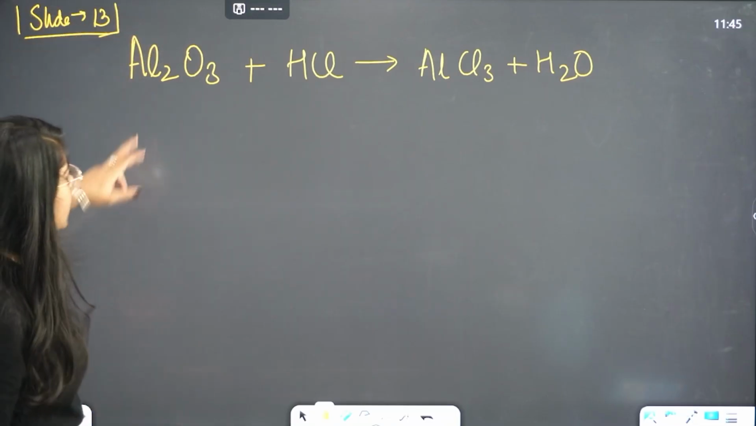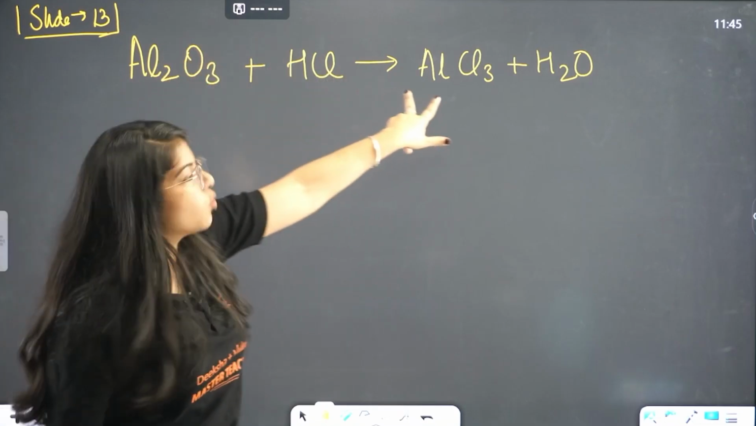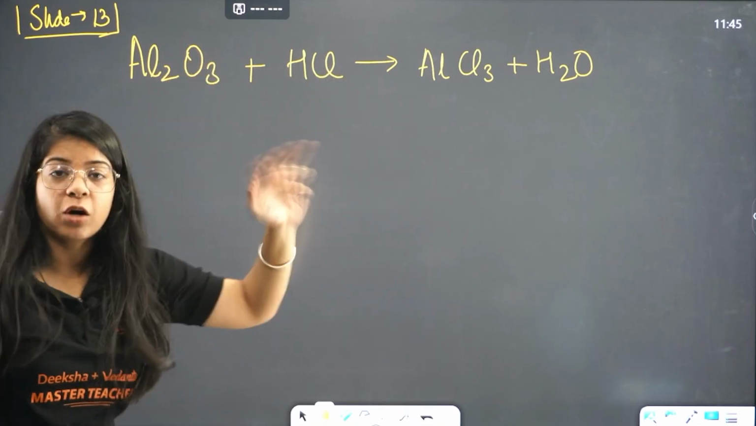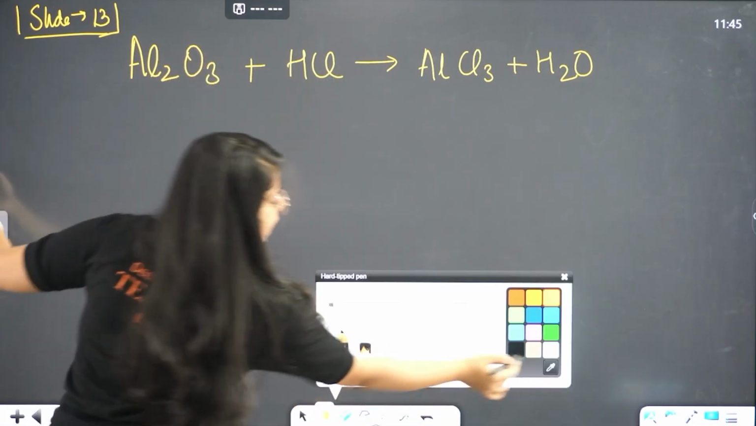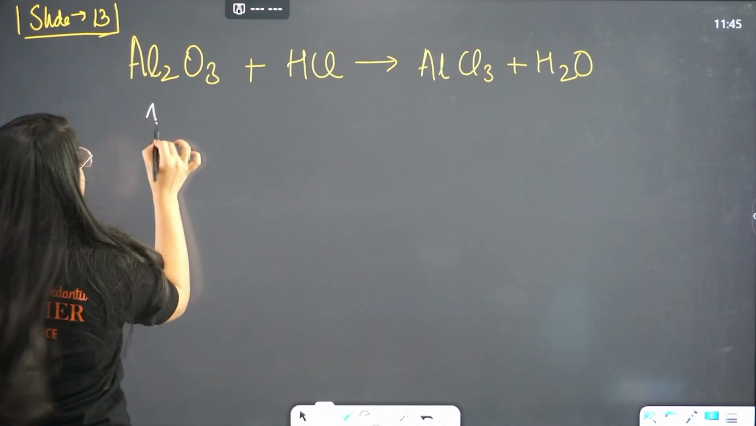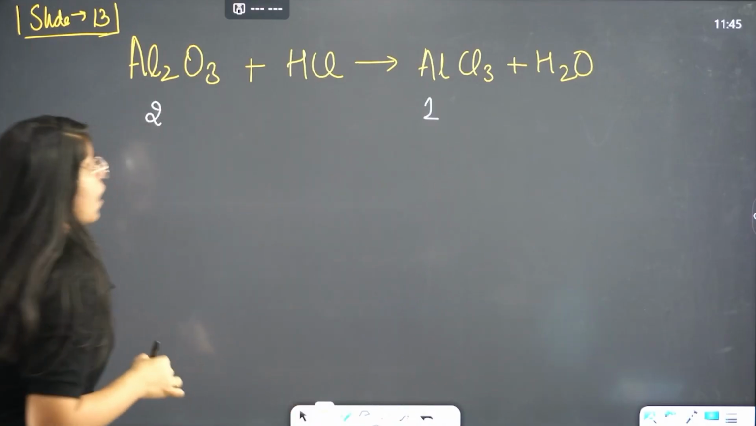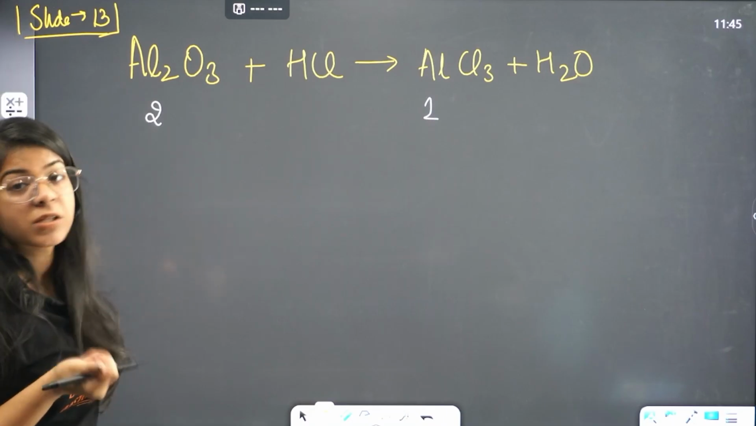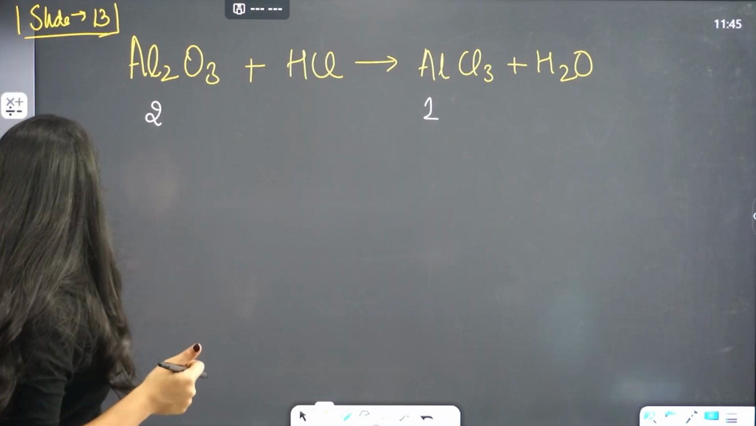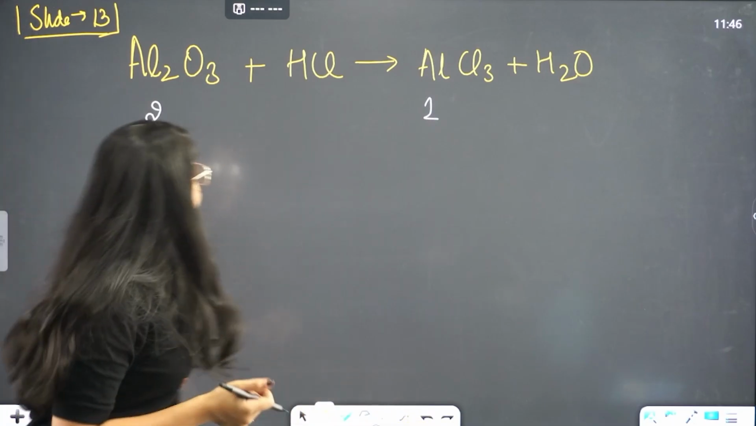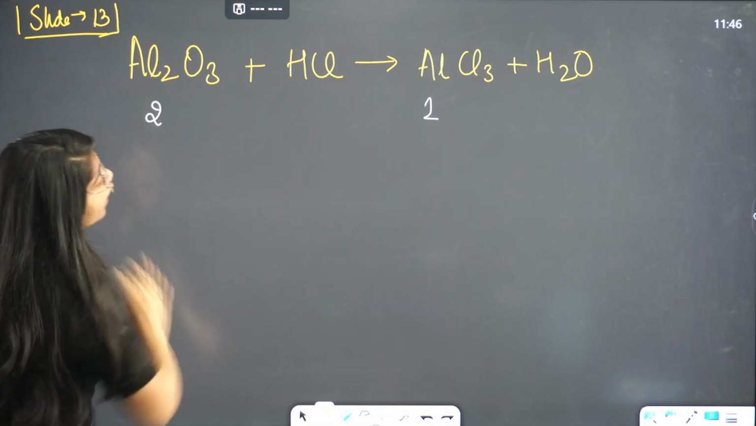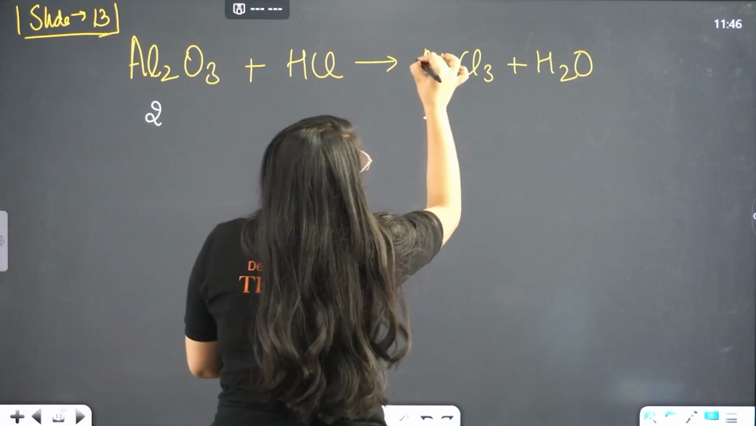Okay, now Al is only 1. Let's just do it without the box. If I write the element directly here, Al is 2, but here Al is 1. So I have to balance Al first because that is a metal, right? Now, for that, Al2 is here. If I apply 2 in front of Al,